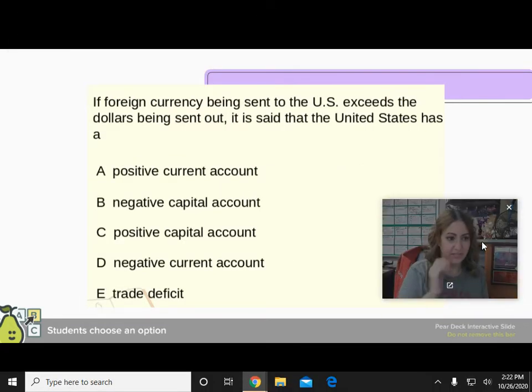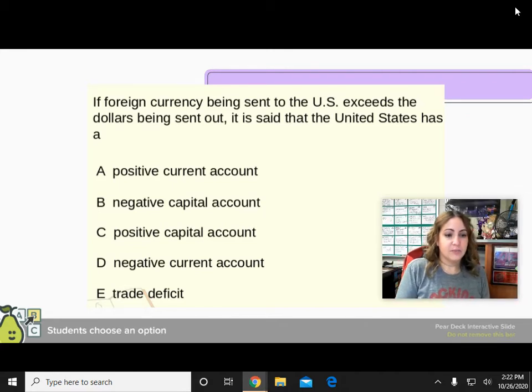And here's another question. It says, if foreign currency being sent into the United States exceeds dollars being sent out, it is said that the United States has a what? Okay, so this is an older question because it says capital account. Oh, and remember, they've changed the name from capital account to financial account. And the word positive is just another way to say surplus, and negative is another way to say deficit. So if more foreign currency is being sent in to the United States, it's going to be,